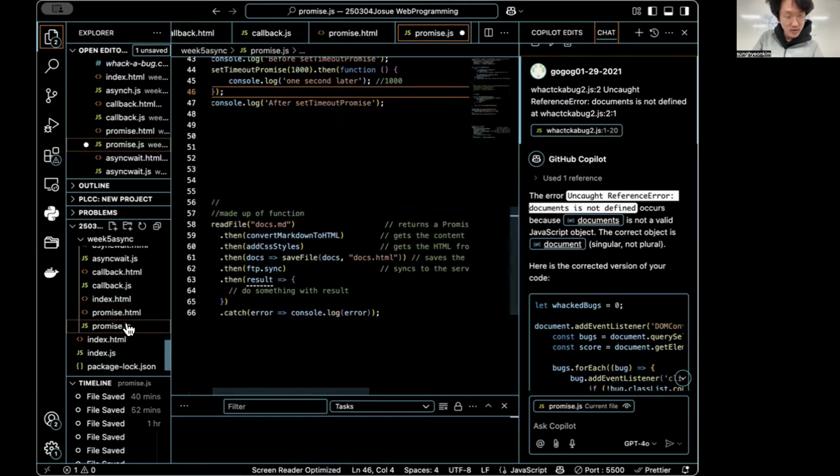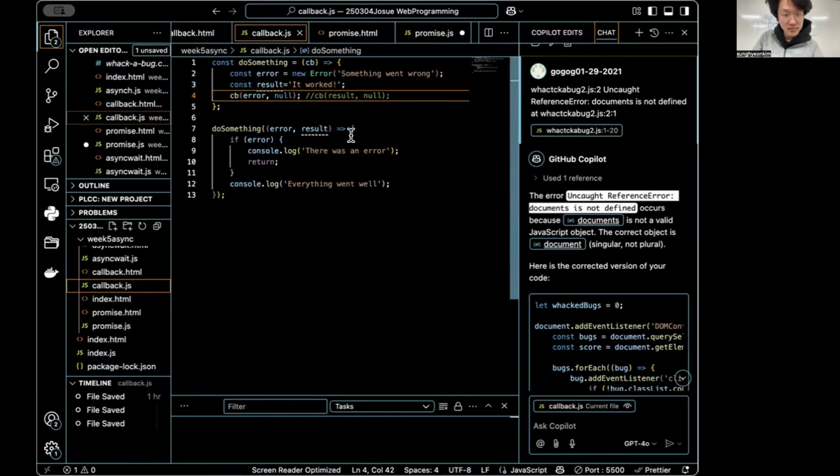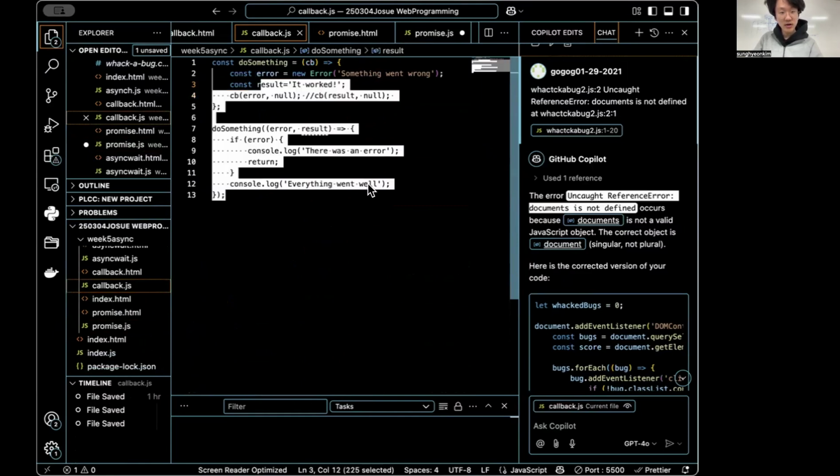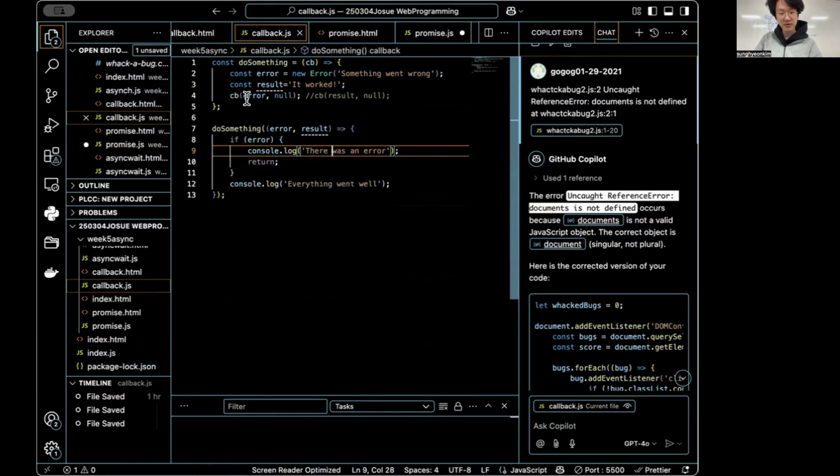And in the callback function, here it is cb with error and null, which is calling the function. The argument is a function, and doSomething takes error and result. This is the doSomething function, and it is using const doSomething, and it is calling it, now calling with error and result. Wait a minute.